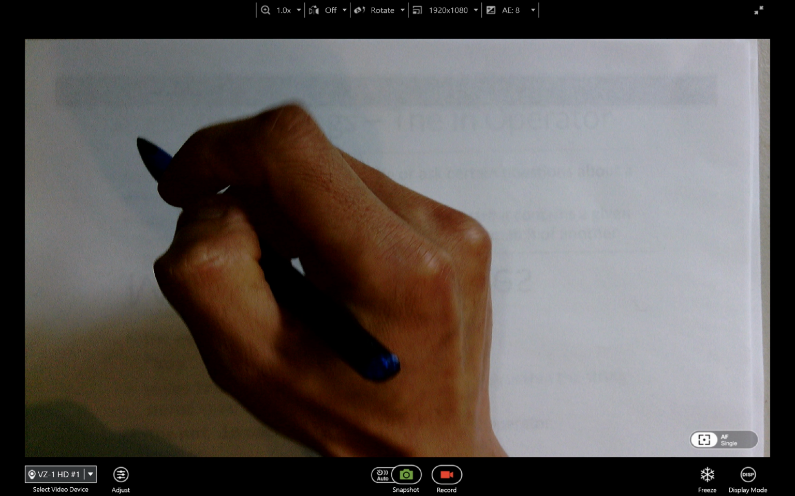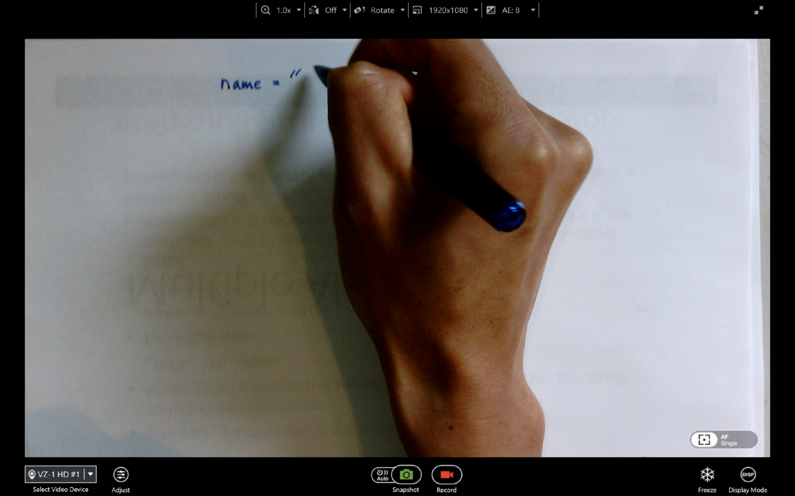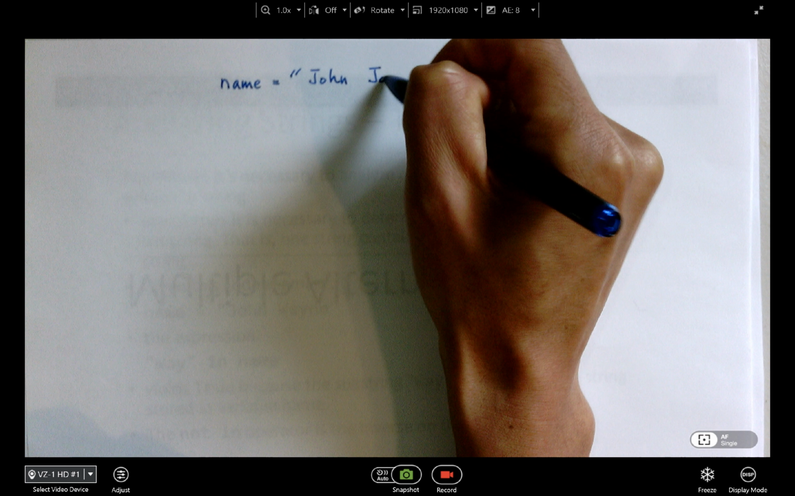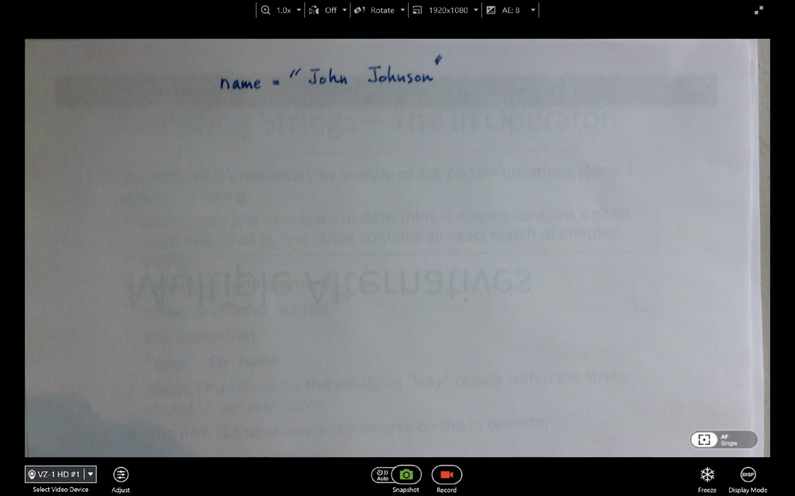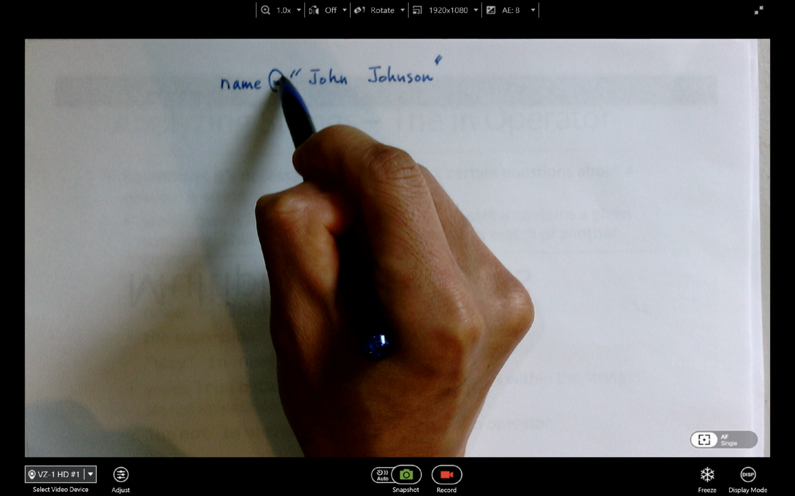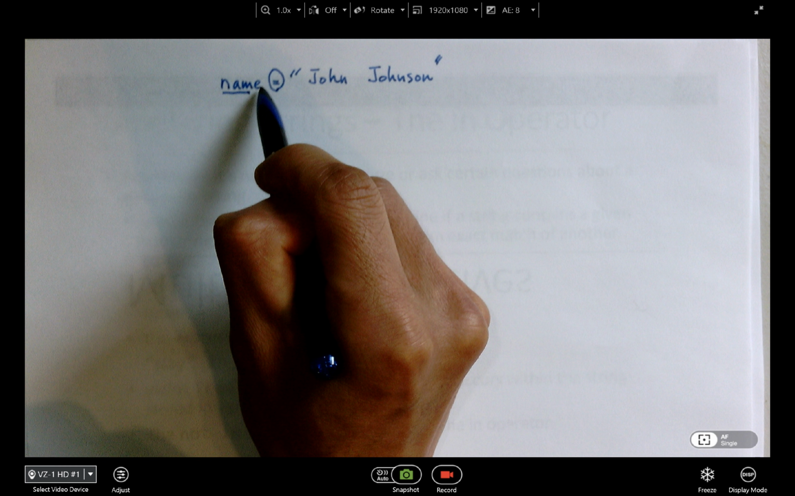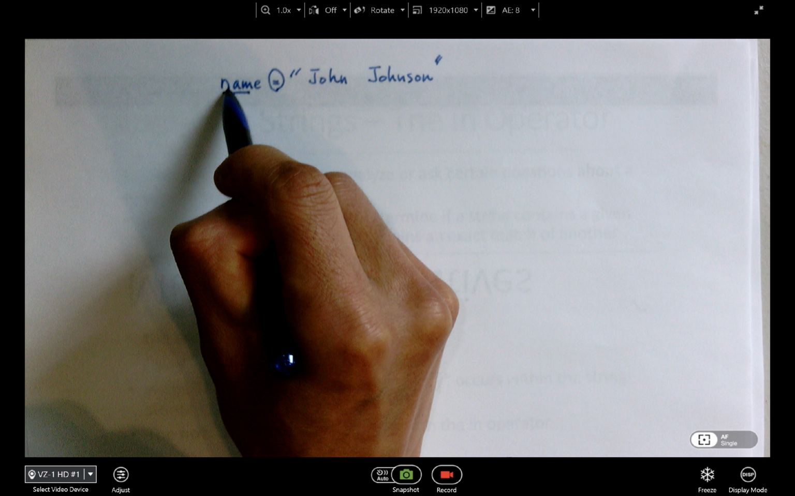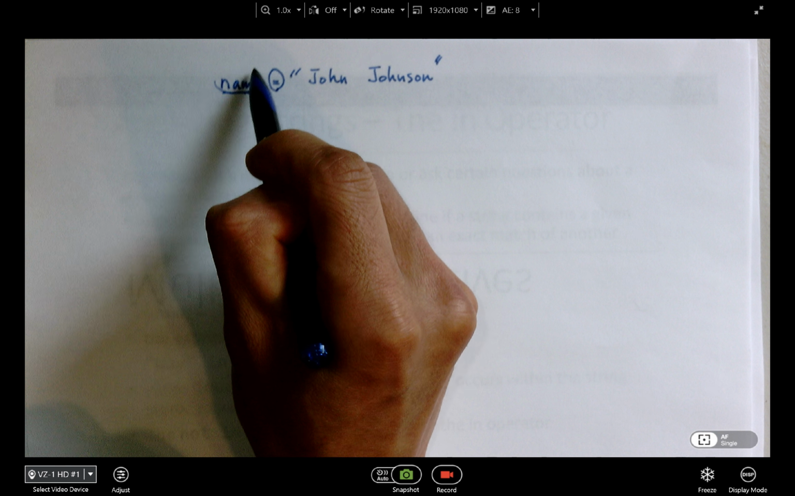So basically, you create a name, right? You create a name. So name is what? The name is a variable. So the name is equal to John Johnson, right? The name is John Johnson. So when you have an assignment, the left side of this assignment is a variable, right? So this is how you create a variable. In this case, you create a variable name,